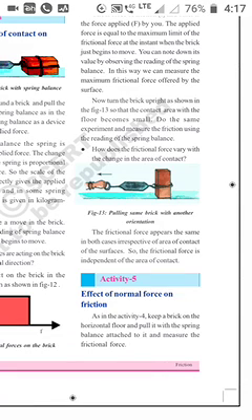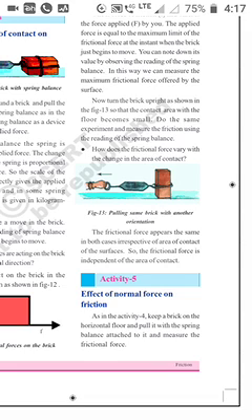Good morning, everyone. Today we are going to discuss the second chapter, 8th class physics, friction. In that, Activity 5. Already we discussed Activity 1, Activity 2, Activity 3, and Activity 4. What is friction and how many types of forces are there? Static friction, sliding friction, and also rolling friction. Here we have to observe Activity 5, the effect of normal force on friction.